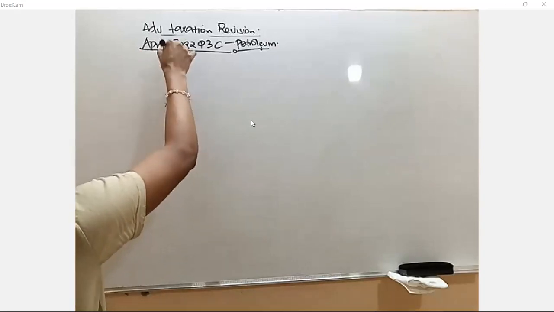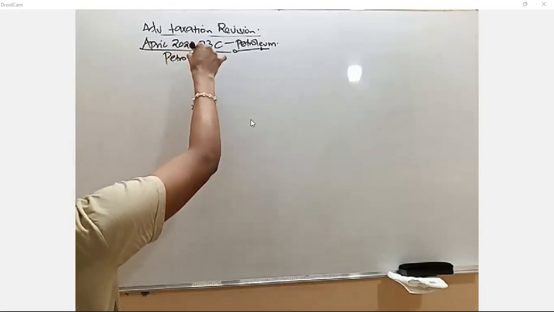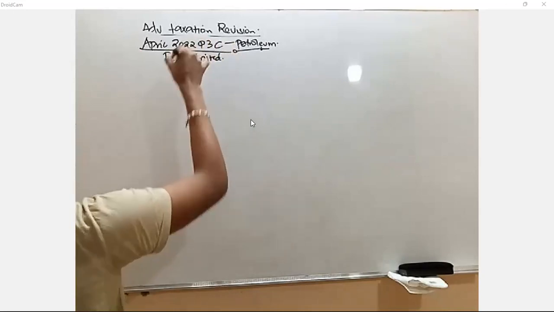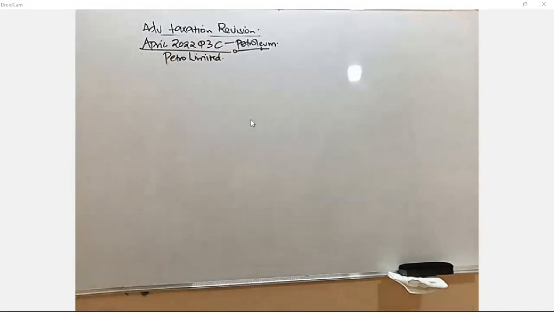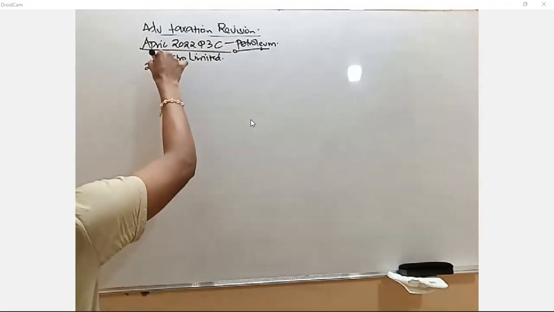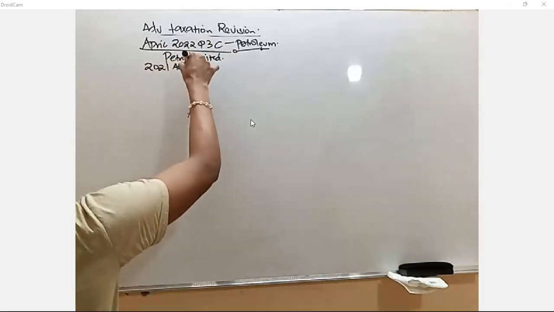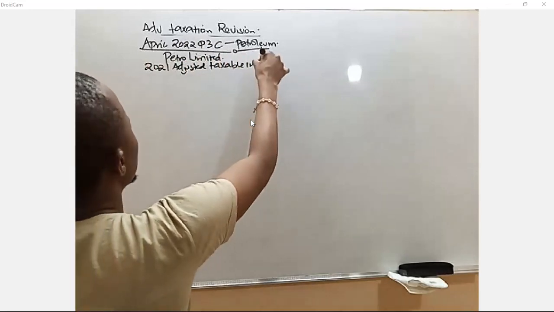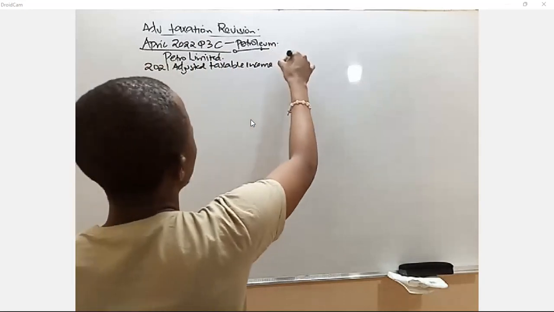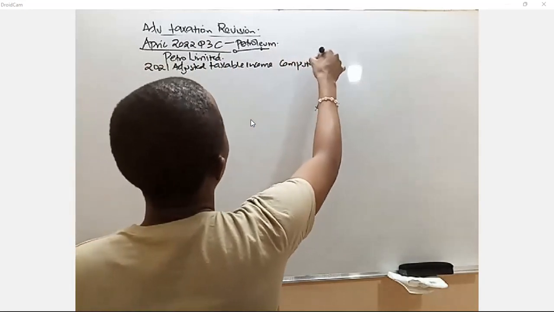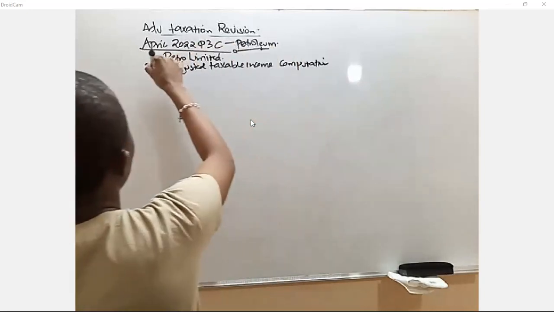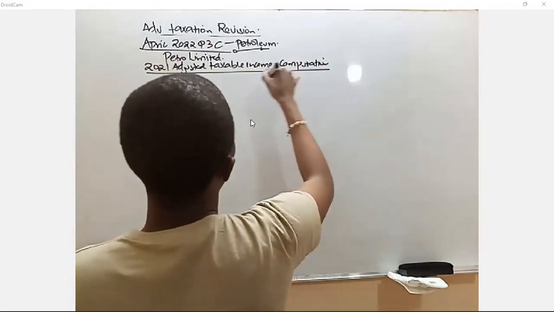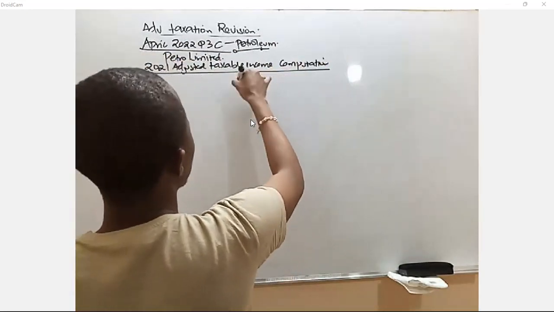we are doing a question for Petrol Limited. Petrol Limited, we are doing a question for 2021. Adjusted taxable income computation. Now, here we have two columns